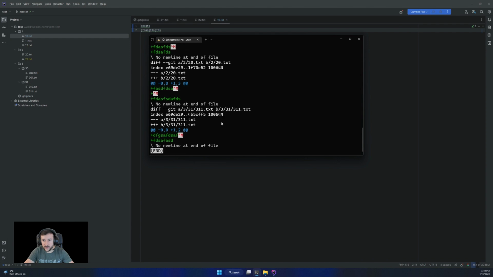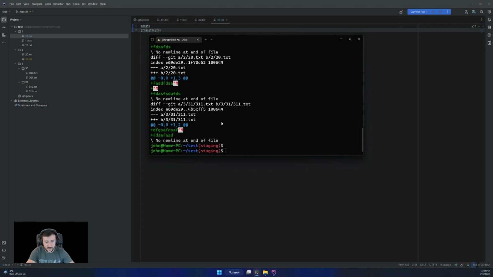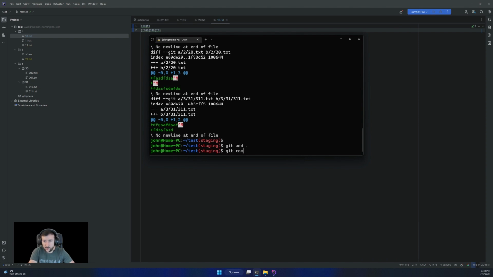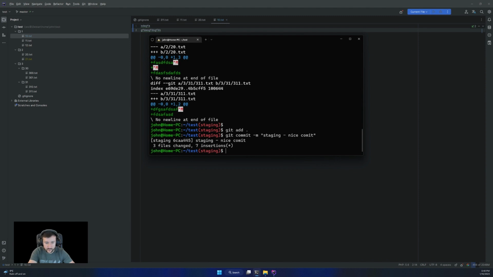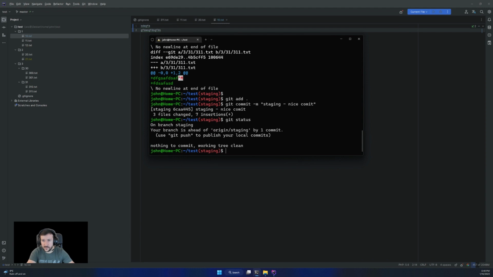Right, so it will show me that I added new lines on all of those files. If I, let's say, commit them, right, and let's say I add a new commit, staging nice commit, not pushing. All right, so I have a red.